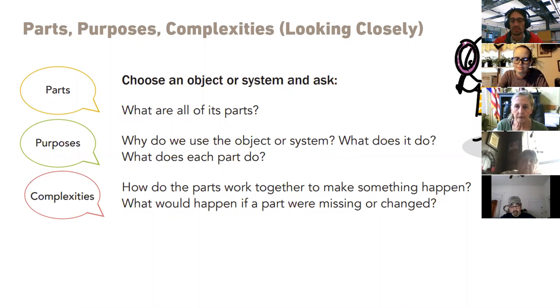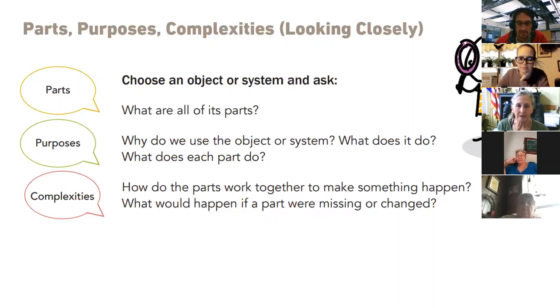So what are the parts of the object that you're using right now? Screen, circuit, charger, mouse, hot pocket, speaker, external screen, logo, wireless mouse, case.